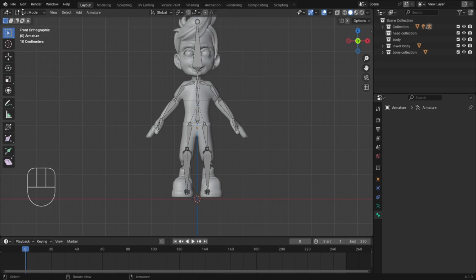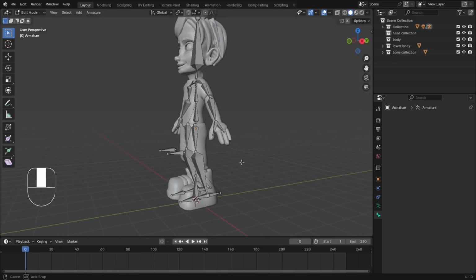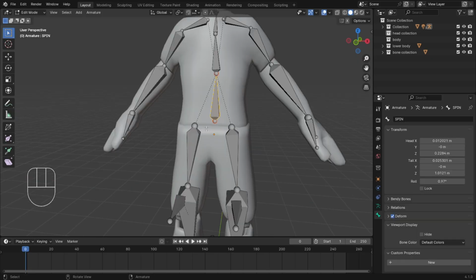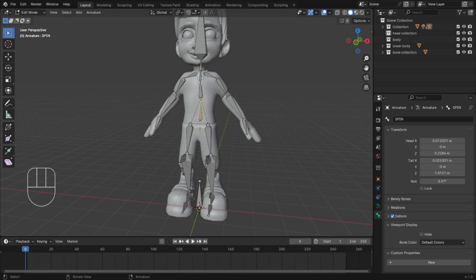Kindly ensure you are in edit mode, then Shift A to create a bone. Now the question is, what exactly are we going to parent? Now we're going to parent all the bones that are not parented to something else. If you can remember, we extruded this first spine, so it's not connected to any bone. It's like a single parent and nothing, and it's not connected to anything, but other objects are connected to it. So we'll parent these